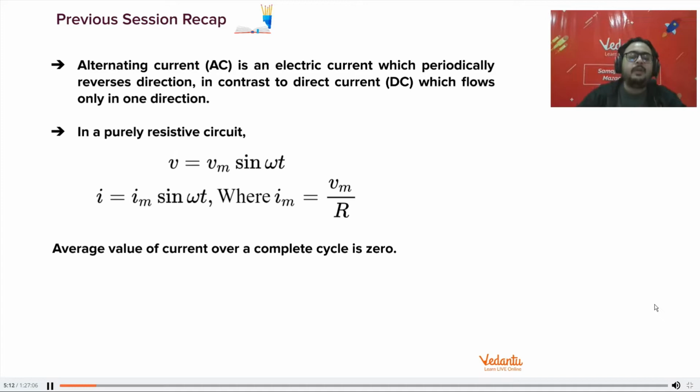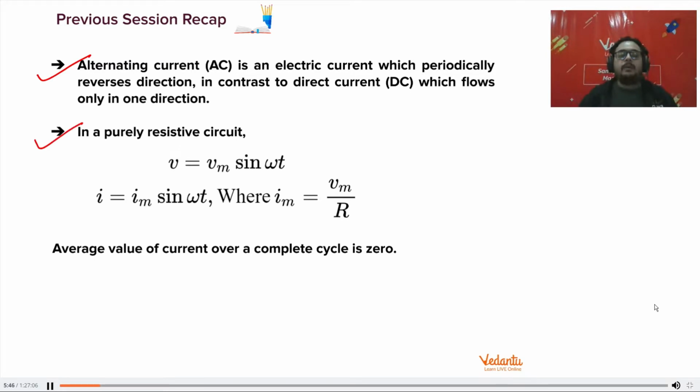Chalo. So what we have studied in the previous session. No, this is not the last session. You will have more sessions on alternating current. So the first thing we studied, what is alternating current? Basically, any current that changes its direction. It is positive for some time, then it becomes negative, then again positive, then again negative. Basically, any current that reverses its direction periodically after a given period is called alternating current. It means its direction keeps on changing continuously.